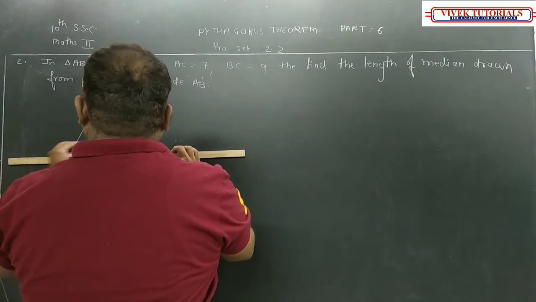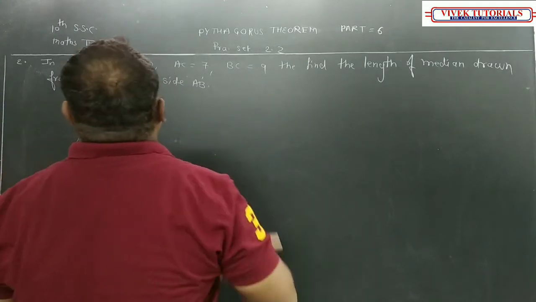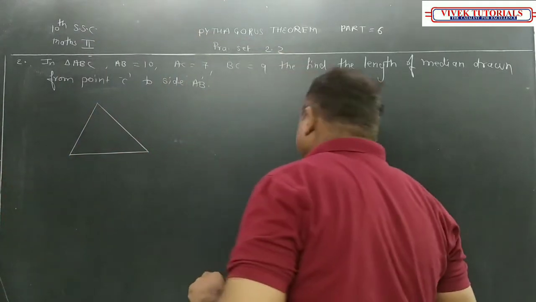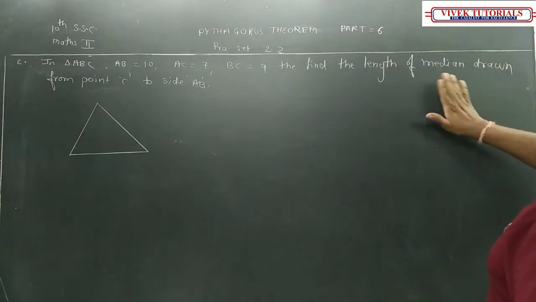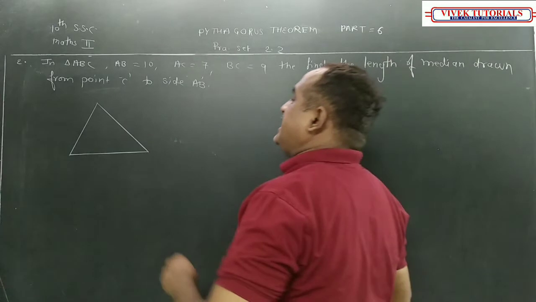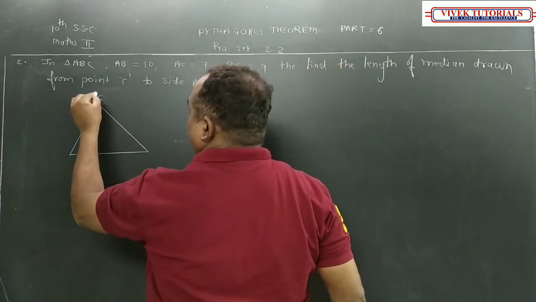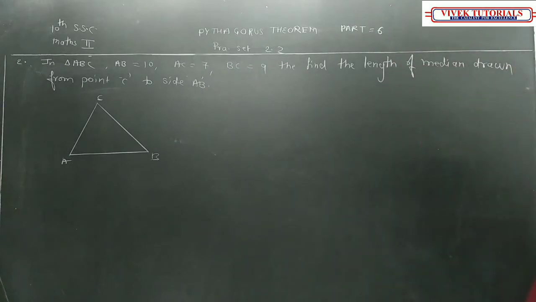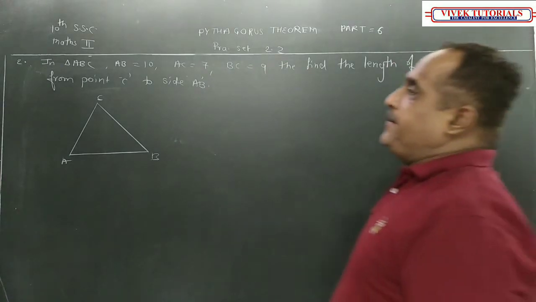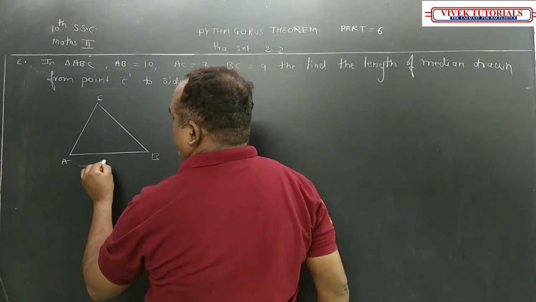In triangle ABC, AB is equal to 10, AC is equal to 7, BC is equal to 9. Find the length of the median drawn from C. So we do this: we write C at the top. I'll make it ABC. Correct? So, in triangle ABC, AB is equal to 10,